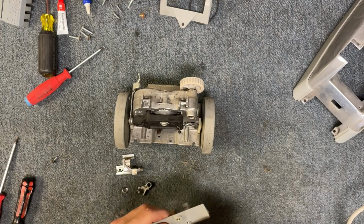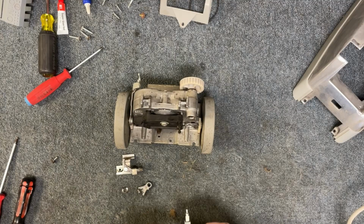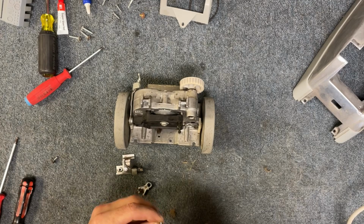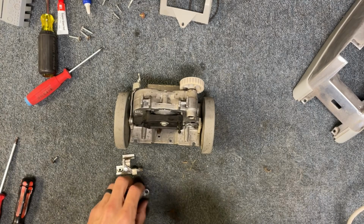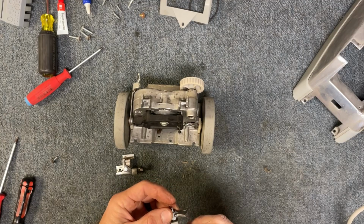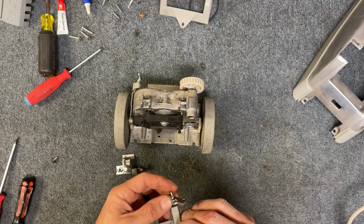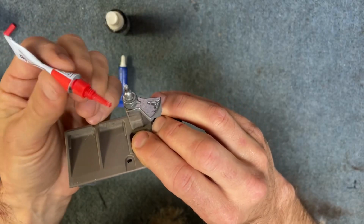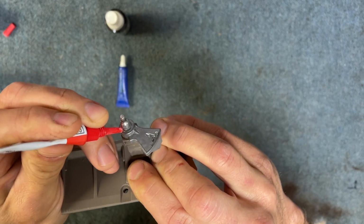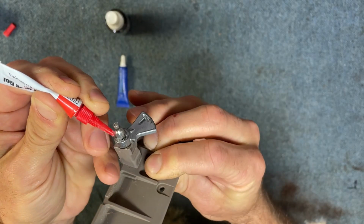All right, so I've got everything cleaned up. So we're going to put this back together, and we're going to make sure that this repair is permanent. So I'm going to go ahead and find my groove again. There it goes. All right, so I like to put a bead of super glue right around this edge here,